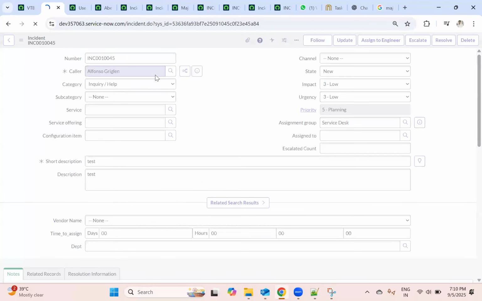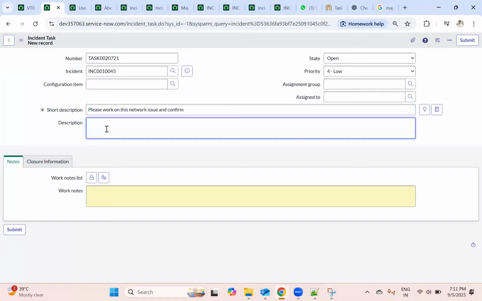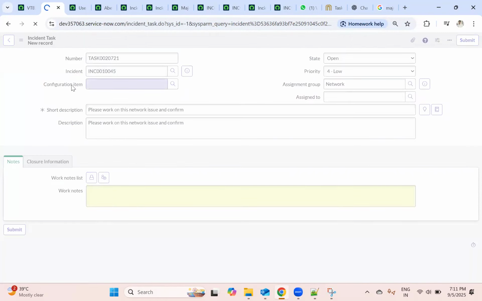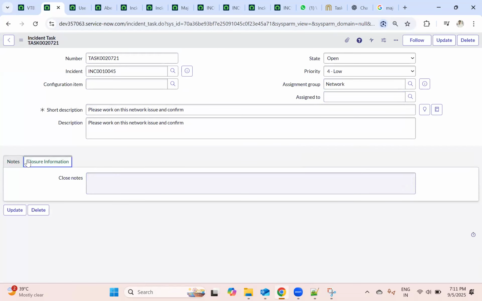So once you click, a task will get created. So please work on this network issue and confirm. What you will do, you will write here, maybe you will assign it to the network team. So you will save it. So let's go back. Whenever they are working, they will fix it and close it here. Who? Network team. It will be assigned to the network team, some people. So this is your